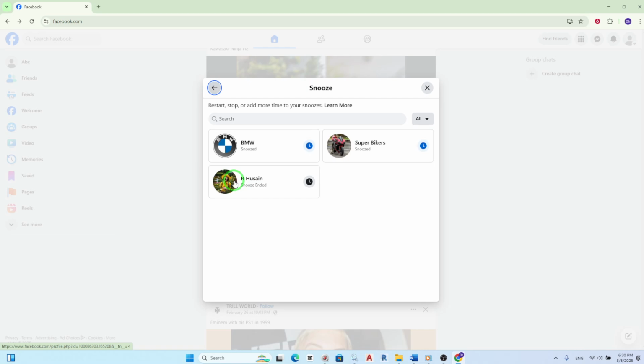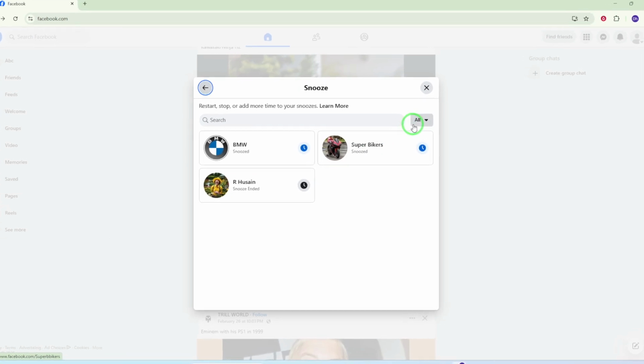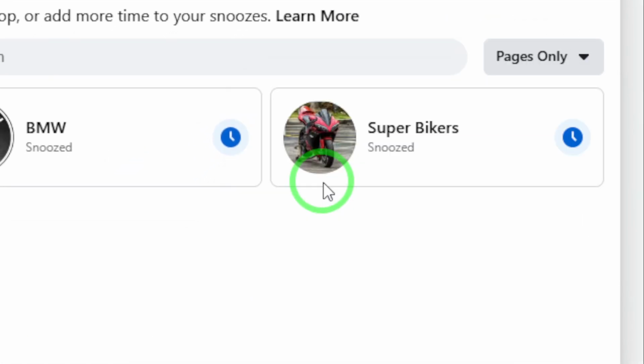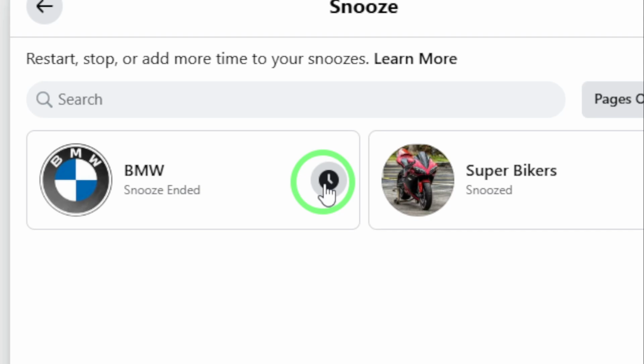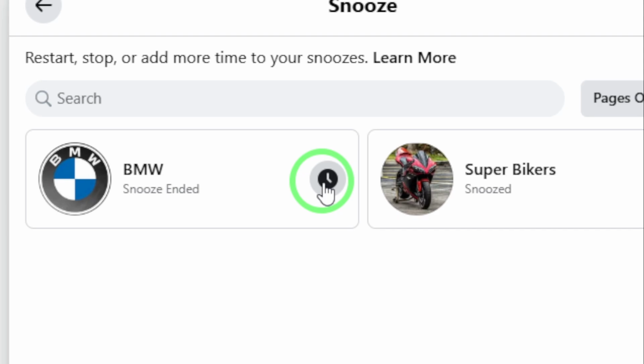Now, look at the top of the snooze page and choose Pages Only from the filter options next to the search bar. This ensures you're only viewing snoozed pages rather than individuals or groups. Once you've filtered for pages, find the page you want to unsnooze. You'll see an icon next to its name. Click on this icon. It will immediately disable the snooze function for that page, allowing its posts to reappear in